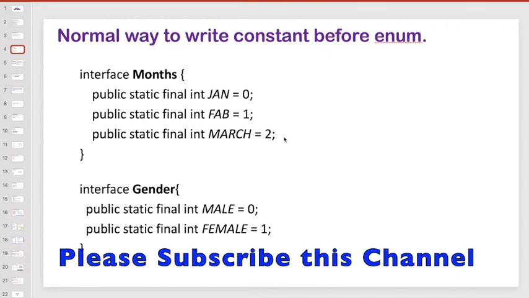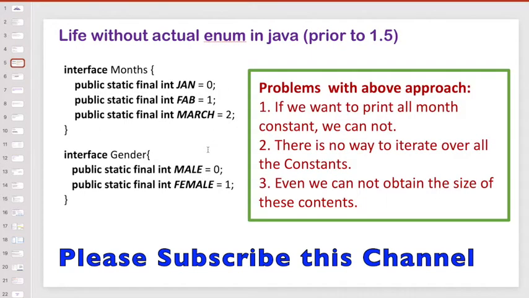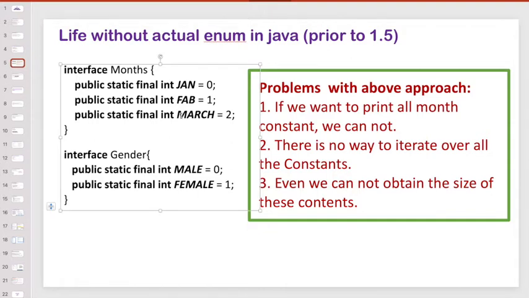I know these are the basic ways to handle multiple constants. What we used to do is use an interface, multiple interfaces for the different kinds of constants, and then make them public static final, right? This is the way we used to do that. But have you noticed what the problem is with this approach? The first problem: if I want to say, show me all the constants of the month interface, we cannot iterate all the constants. For this example we have 3 constants, but in real life we used to have 100 or 200 constants. We can't iterate because an interface is not meant for iterating over constants, right?